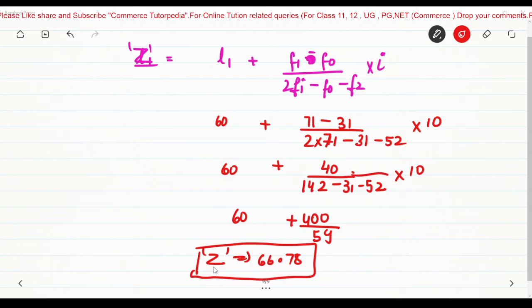So that is it, guys. In this lecture we have discussed how to calculate mode by the grouping method, how to calculate mode when we do not have a continuous series, and how to calculate mode when we have been given less than frequency. I will be back with another part with more important questions of mode.